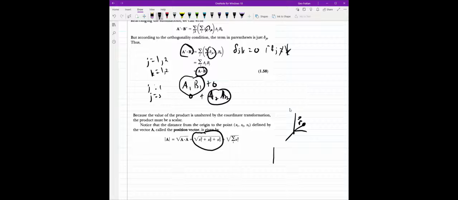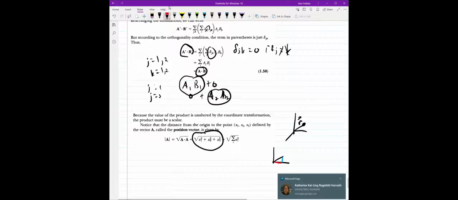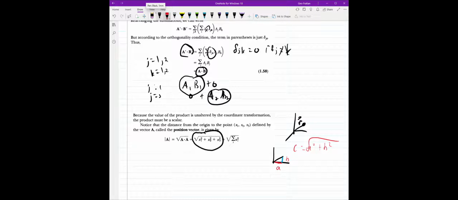It's kind of like an extended higher dimensional version of Pythagoras, right? Because if you're in 2 dimensions like this, I draw my thing like this, and we have 2 lengths, X and Y. How do you get C? Well, let's call them A and B, it's just C is equal to the square root of A squared plus B squared, right? So it's kind of the higher dimensional version of that. We can immediately see that comes out from the dot product, right? But anyways,